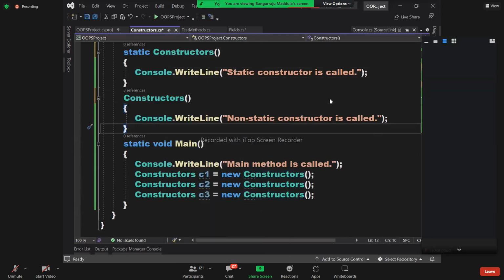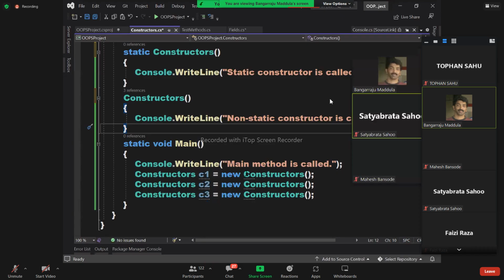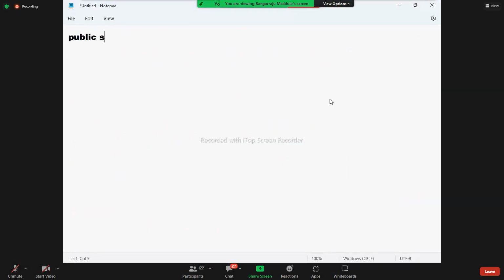Metadata of the class means it will show you information like this: public static class Console, and this class is defined in the System namespace. Inside of it, it will show the signatures of all the methods. Remember signature? I already told you the first line is called the signature. It will show you the signature of all the methods, like public